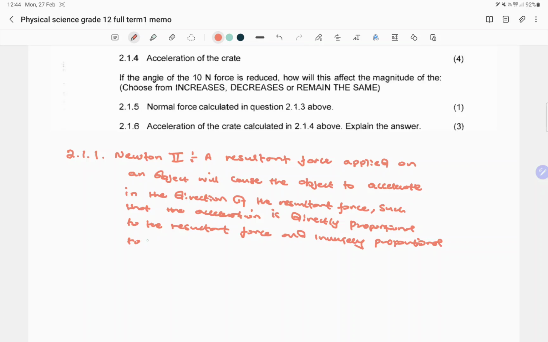Proportional to the mass of the object. Okay. Yeah, I'm not really used to holding this pen, so in a way it's just doing some